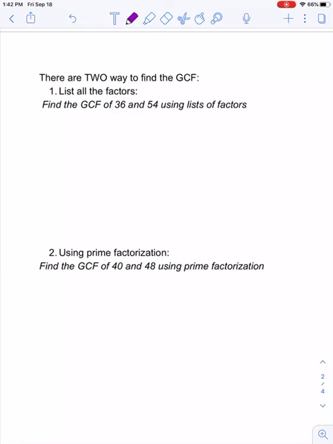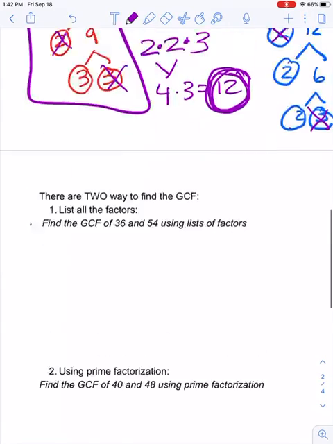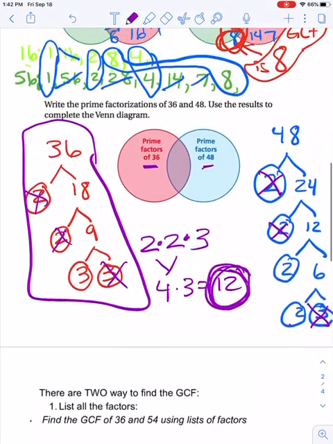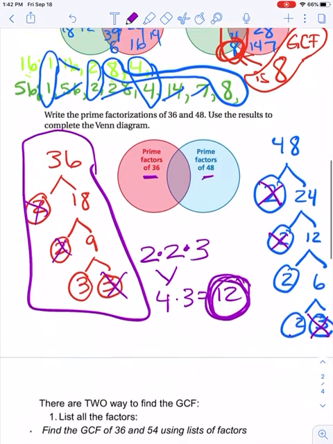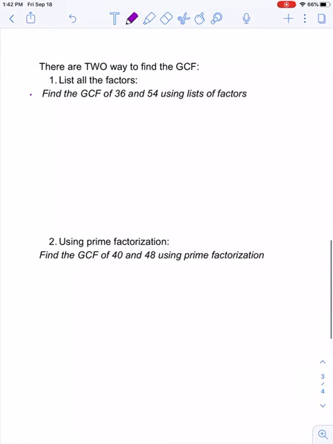There are 2 ways to find the GCF. List all the factors, and so our example here is find the GCF, greatest common factor, of 36 and 54. Did we do 36 and 54? We did not. Okay, the factors of 36 are 1 and 36. I'm going to put it out here so they're already in order. 1 and 36, 2 and 18,